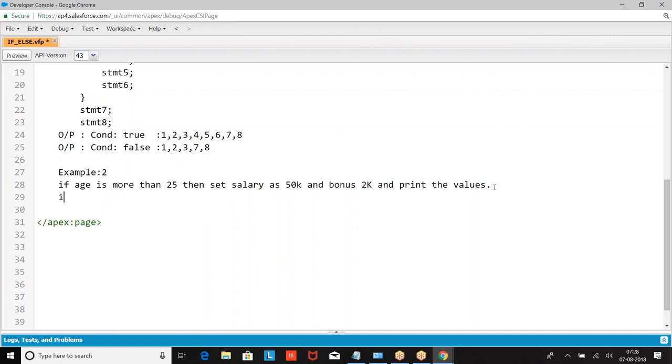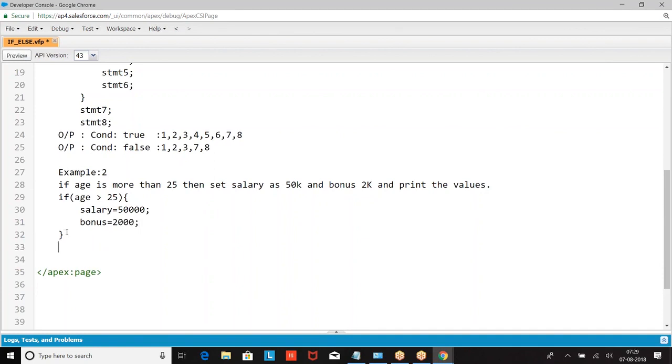What am I doing? First, what are the variables we require? Integer age. Otherwise, straight away we can write the snippet of the code. What is the snippet? If age greater than 25, salary equal to 50,000, bonus equal to 2,000.